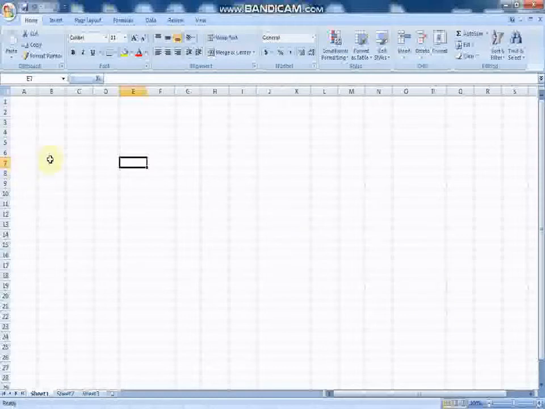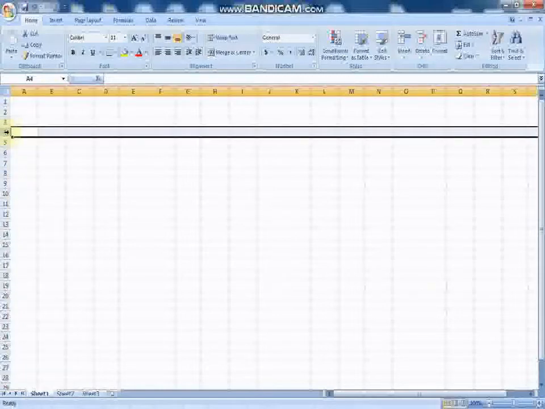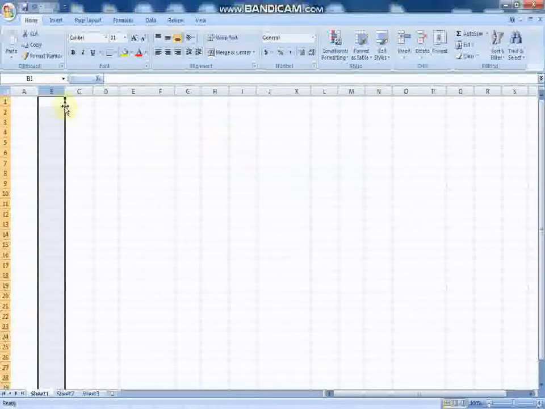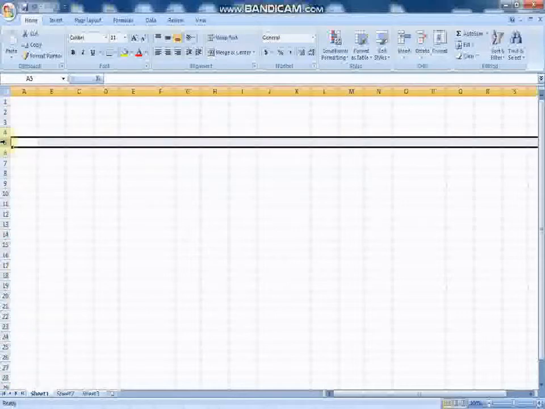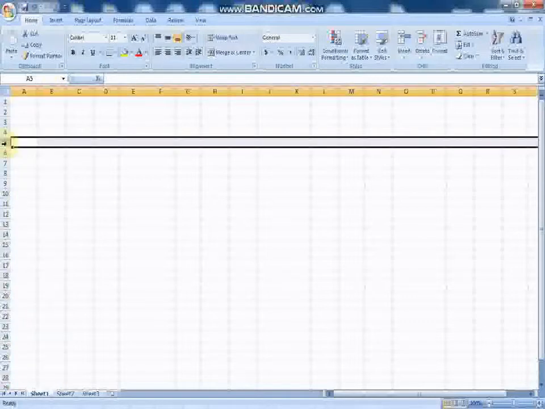As you can see, this is called rows and this is called columns. As you read in a table, rows and columns, likewise in an MS Excel sheet, this is columns and this is rows.